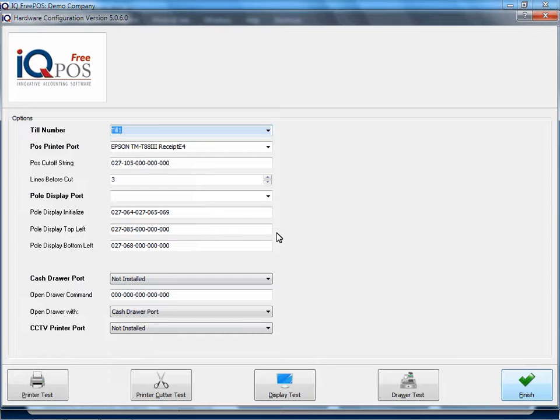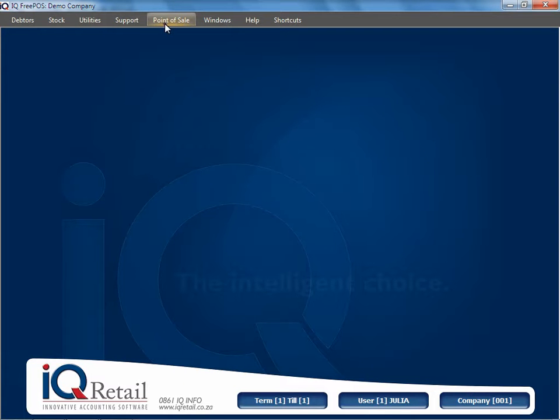Making very sure that what you've selected here is correct, and that if your printer is not printing here correctly, you might have to change the designs in iQ from a Windows design to a DOS layout. Another place where you can test, if we click on Finish here, is to go to